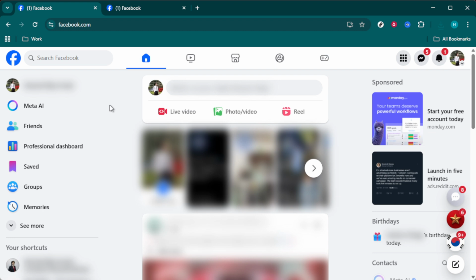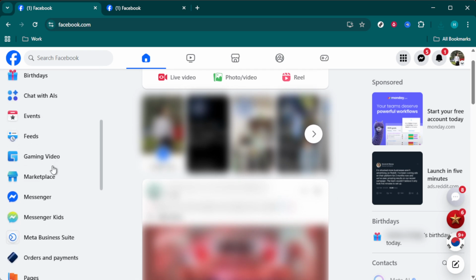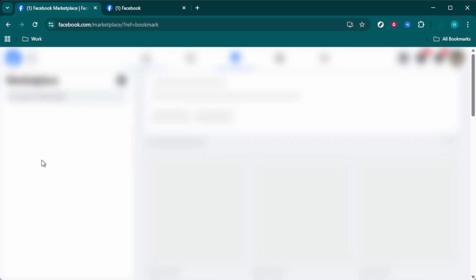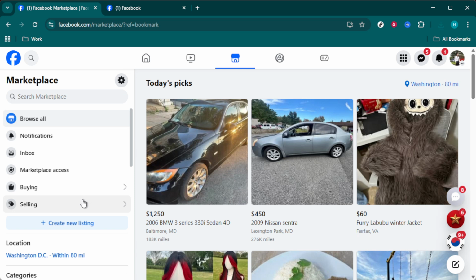First, you're going to want to head over to Facebook, open your browser or your app, and make sure you're logged into your account. If you're not logged in, simply enter your login details as you normally would. Once you're in, look towards the left-hand side of your screen where you'll find numerous icons. One of these will be for Facebook Marketplace. It resembles a small storefront and is usually toward the middle of the menu. Click on that icon and you'll be transported to the bustling virtual marketplace where users buy and sell everything from